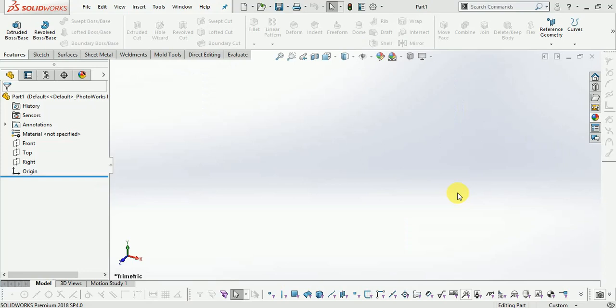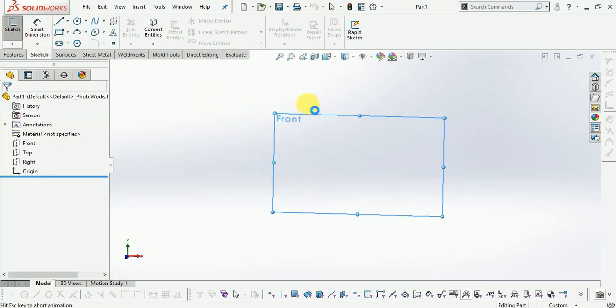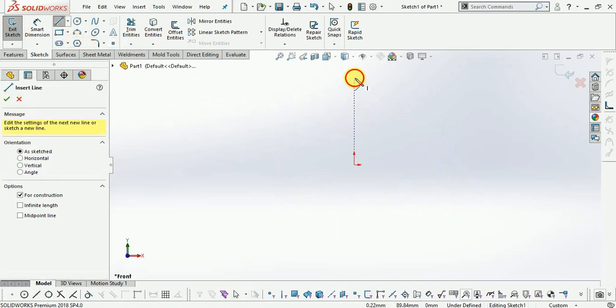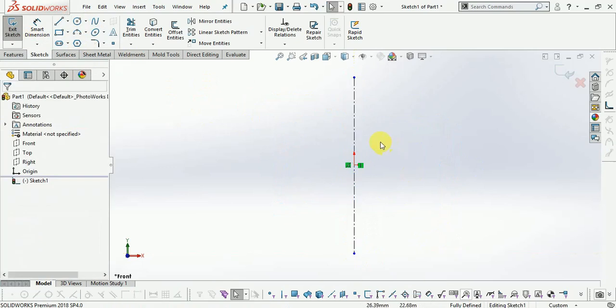Friends, in this tutorial we'll learn designing models. Now, looking at the goods, this is for surface designing also. First of all, we take a sketch and select the sketch. Now select the front plane and draw the center line. Select the center line. Draw the center line with the dimension